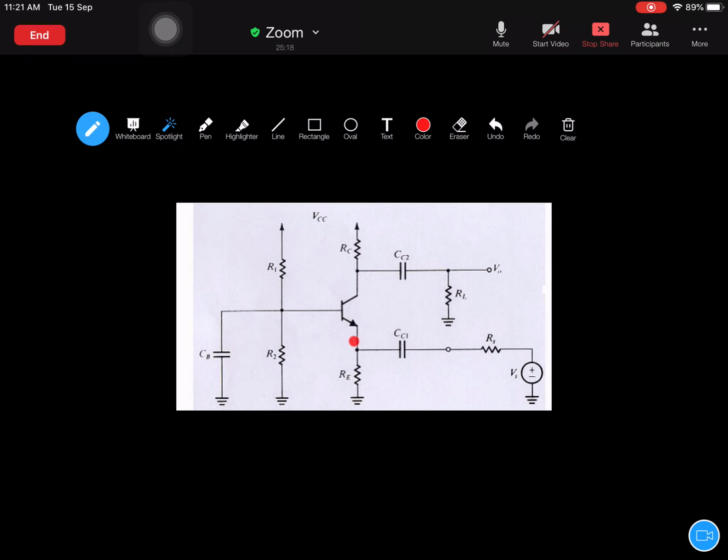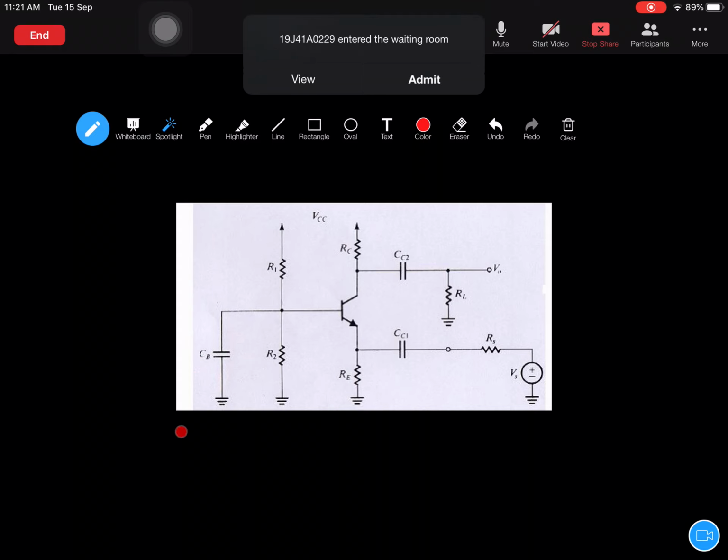And here you don't need a bypass capacitor because most of the current is drawn by the emitter. On the emitter side you have already provided a coupling capacitor CC1, which can bypass some amount of current. Instead of using a bypass capacitor, because you might get a doubt, you have to use a bypass capacitor across this particular region, the emitter region. You don't need to use a bypass capacitor here. Here you have to use it across the base region. You will have one bypass capacitor, which is CB, and you will have two coupling capacitors.